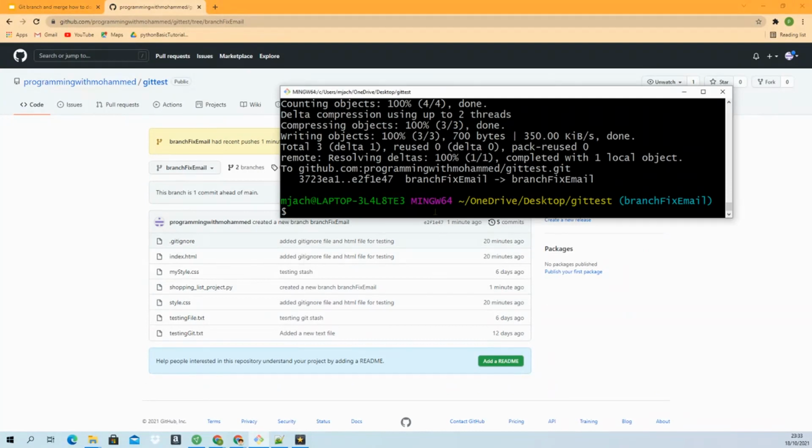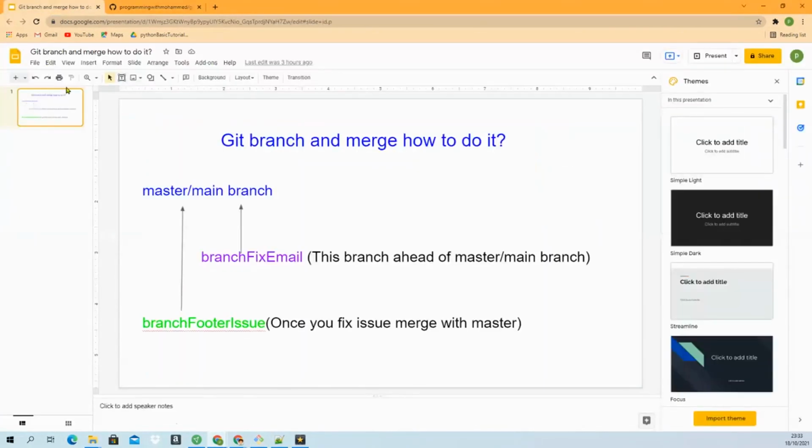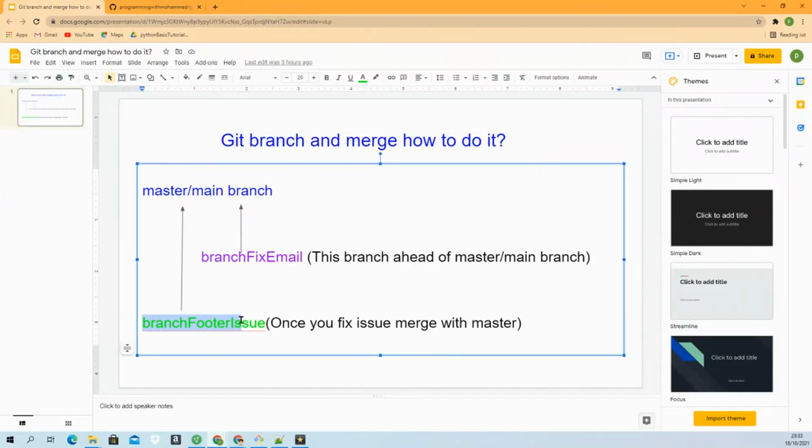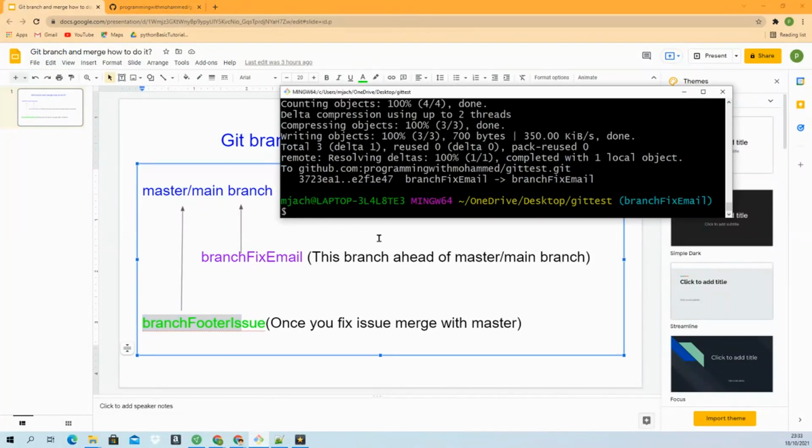Now you can create another branch. Suppose you have another issue arise and you want to fix it. Remember I showed in here the branch footer issue, so you can create another branch here. So let's go back. Create branch,